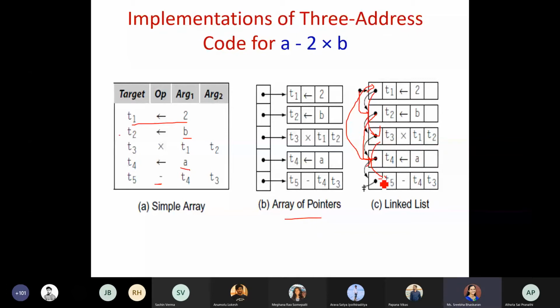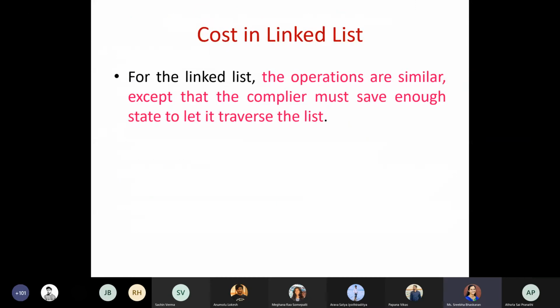So here also, computation wise it remains the same, but the only thing is you are just moving the pointers. The pointer which you are supposed to point has to be modified. The link you are cutting from one place and pointing it to the next one. That is what you are doing here. But when you do it for the linked list, you just have to make sure that you traverse through the entire list.